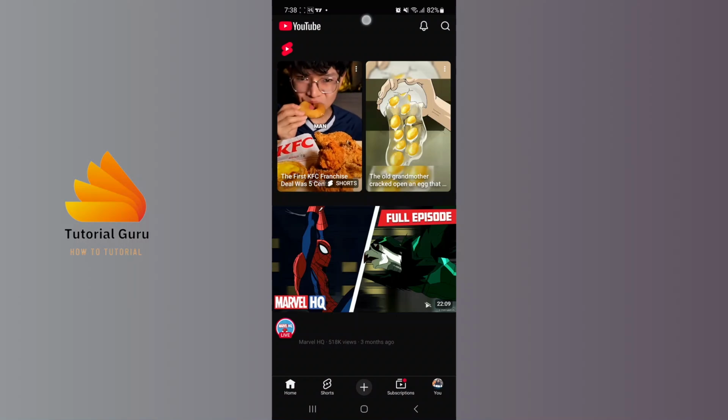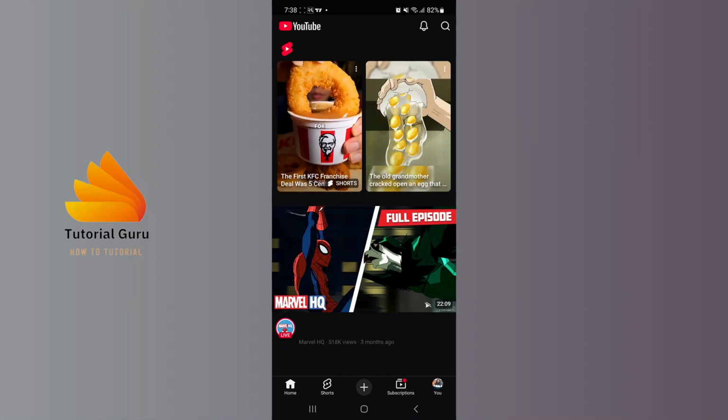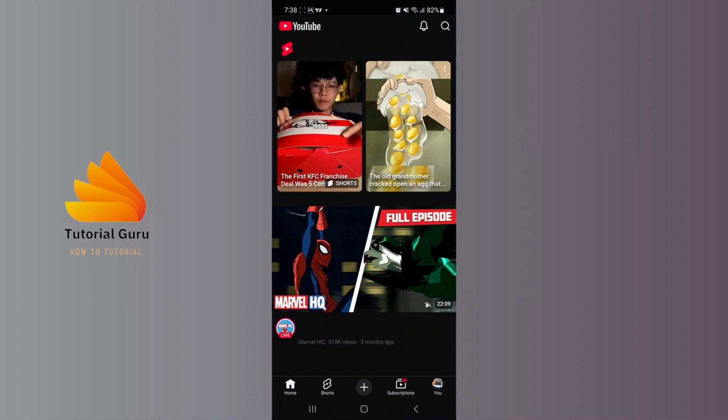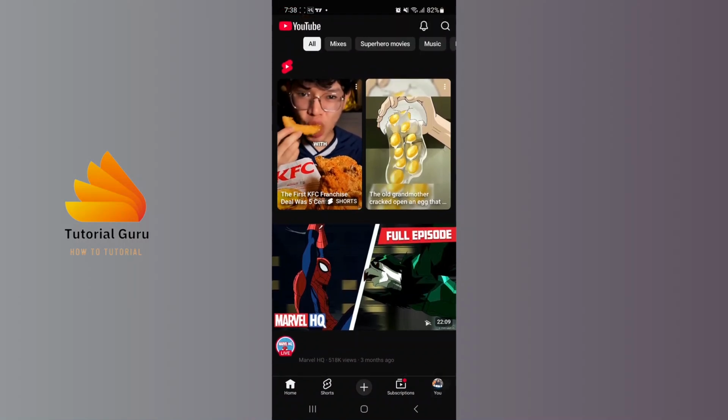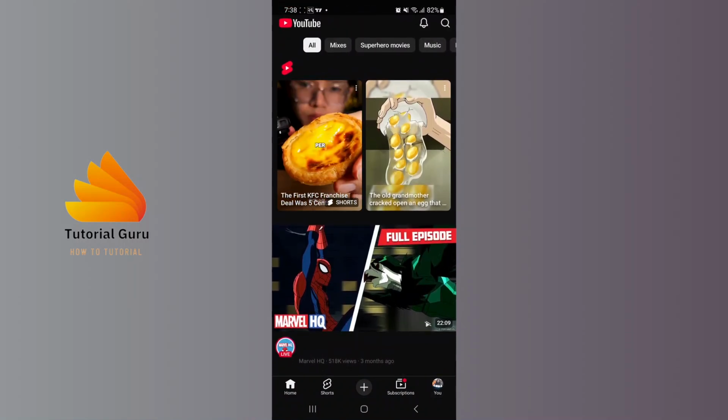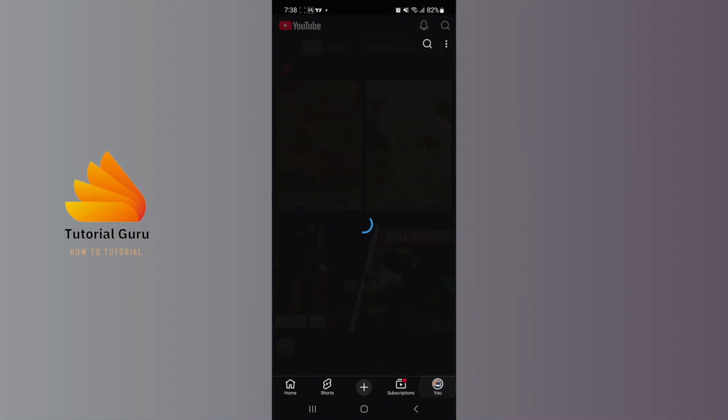And after opening your YouTube app, guys, on this interface at the bottom right corner of the screen, you can see your profile picture icon where it says you. At the bottom right corner where I'm tapping, tap on your profile picture and you'll